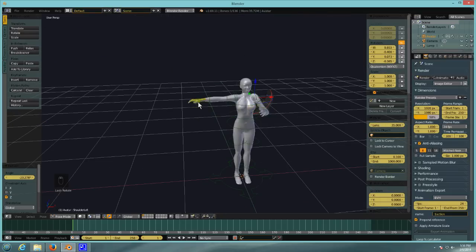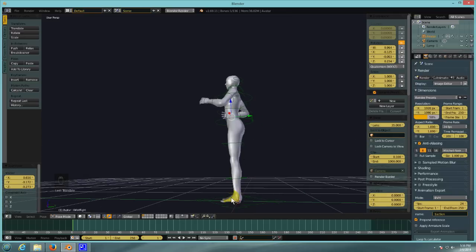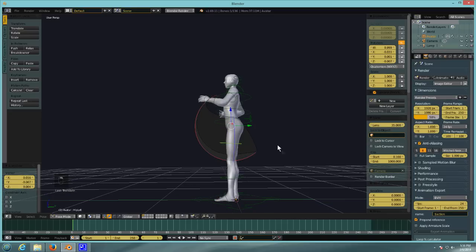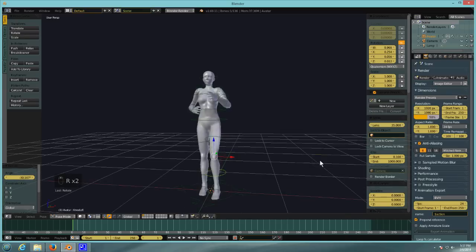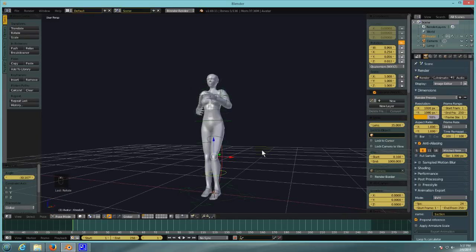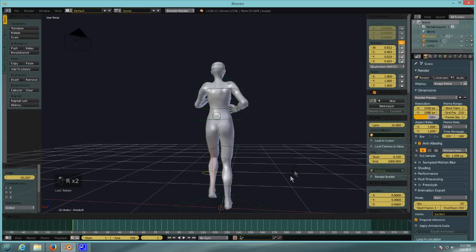And you can also just grab a hand and move it. So there's kind of an IK in there, but it doesn't work as well with the feet, as you can see there. It just doesn't work that well like that. But you can grab the leg, hit R, the other leg, R. So you can do this pretty quickly, and you kind of use the angle of your view to decide how much